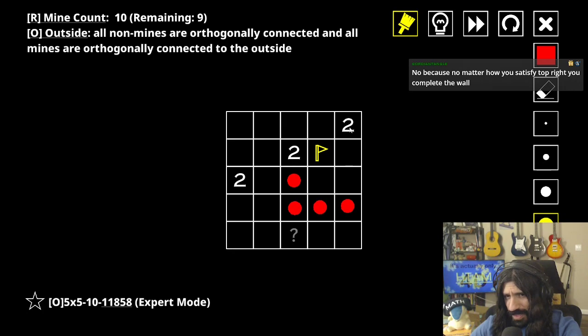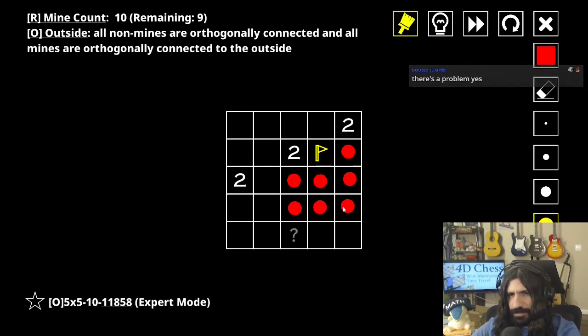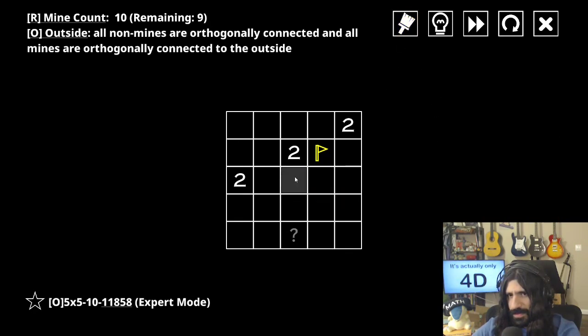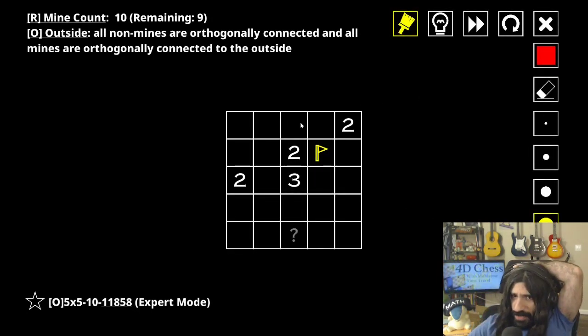Now, for this guy, these 2 would have to be non-mines, which means that this would have to be a mine. Oh, that obviously separates, like these 2 can't be non-mines. So then these 2 would have to be mines. But 1, 2, 3, 4, 5, 6, 7, 8. And there have to be 2 mines around this, and that's impossible. So this has to be a non-mine. Okay, cool. Okay, if there was a mine here,